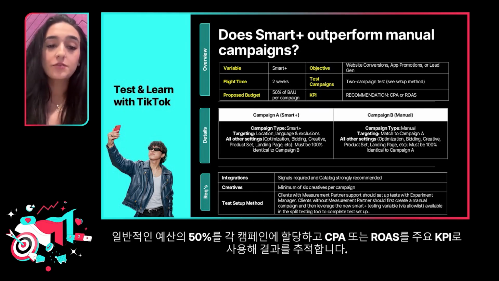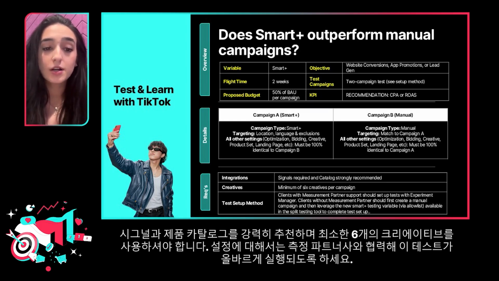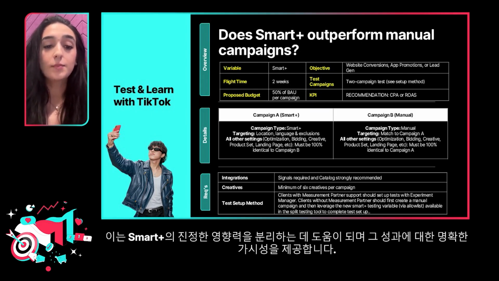Allocate 50% of your usual budget to each campaign and track results using metrics like CPA or return on ad spend as your main KPI. Signals and product catalog are strongly recommended, and be sure to use at least 6 different creatives. For setup, work with your measurement partner or experiment manager to run this test properly. All this will help us isolate the true impact of Smart Plus and give us a clearer view of its